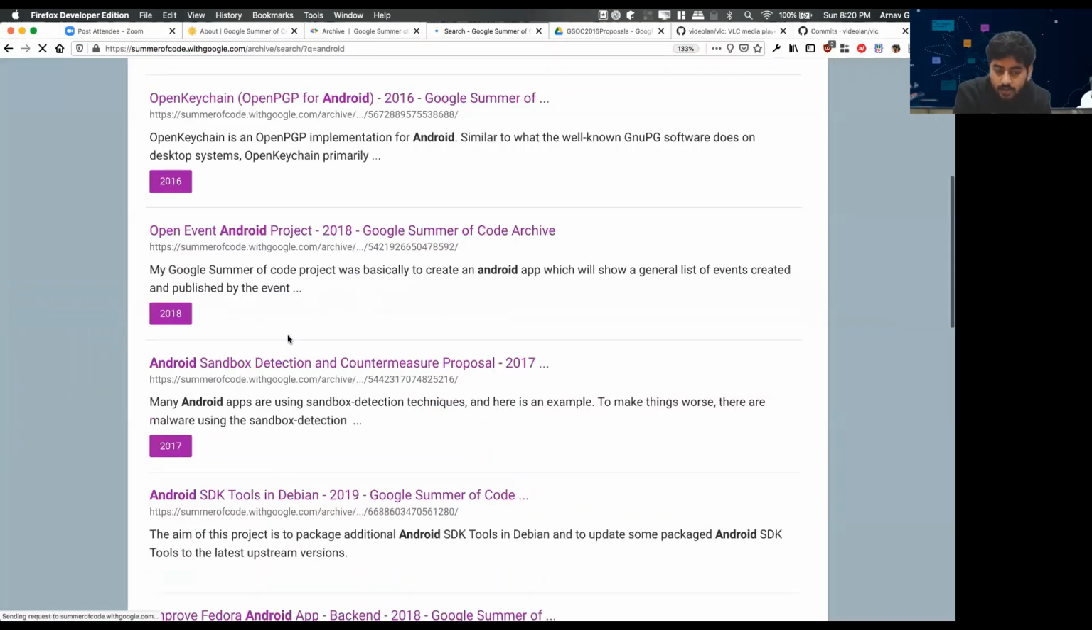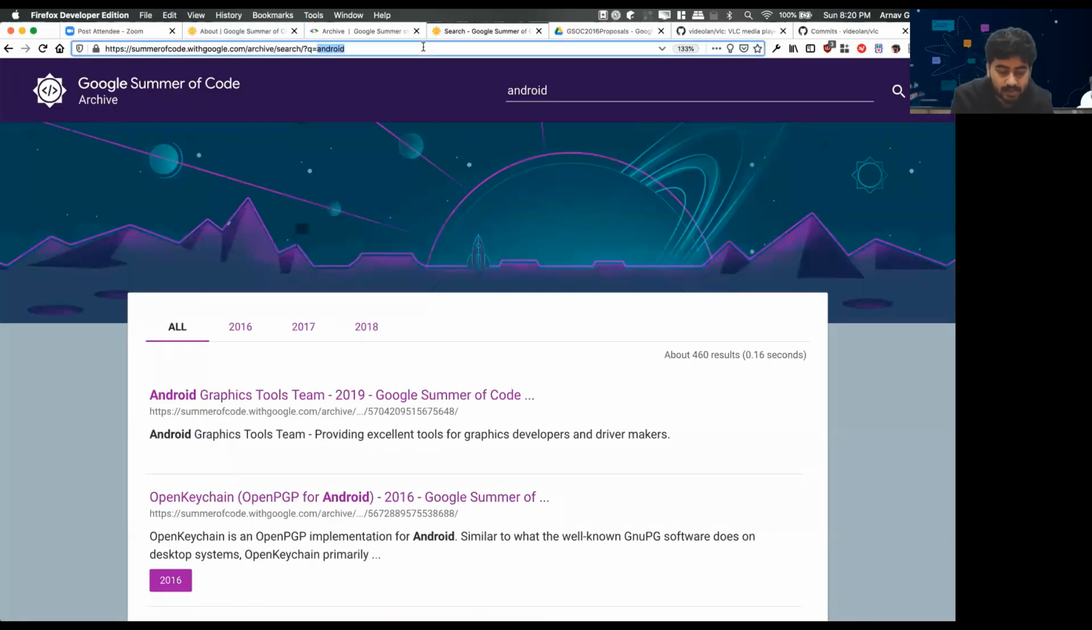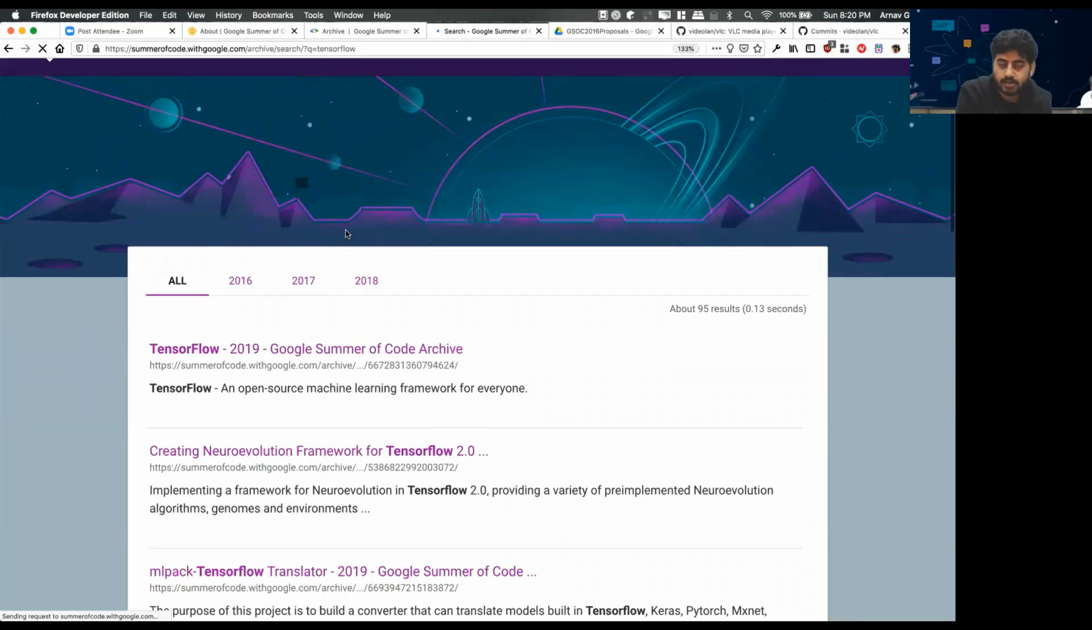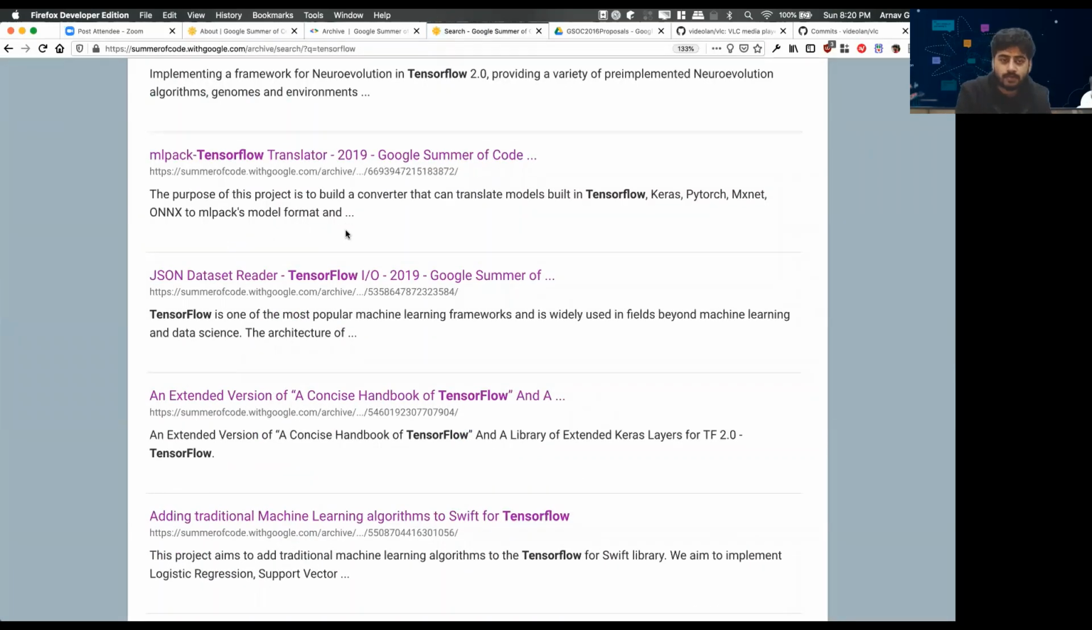A lot of Android based projects, right? What else? TensorFlow. You want to work with TensorFlow. There are a lot of TensorFlow projects. So most of these development technologies, Ruby on Rails, Django, Node.js, PHP, Laravel, then front-end technologies, React, Vue.js, Angular, mobile,